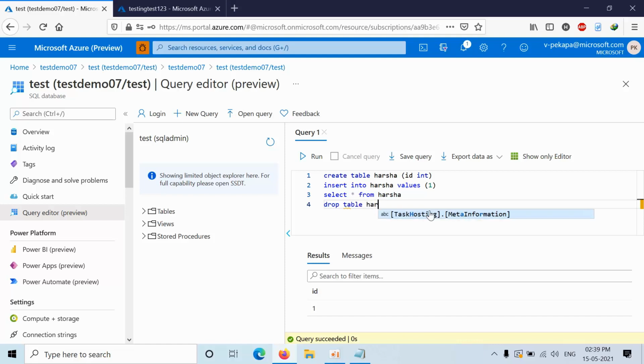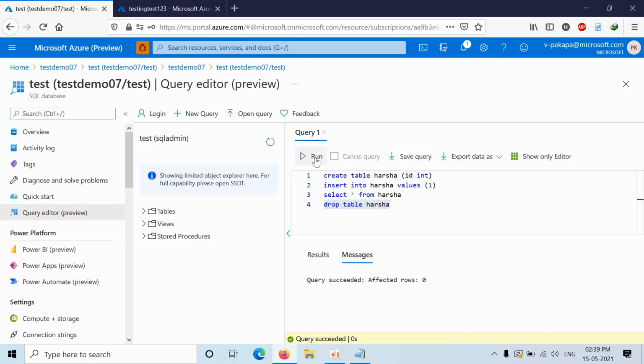Now I have issued four commands: create, insert, select and drop. Now in this auditing file only insert and select should get recorded. I mean there should be no log for create and drop.